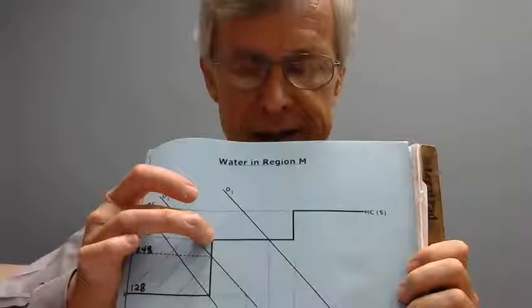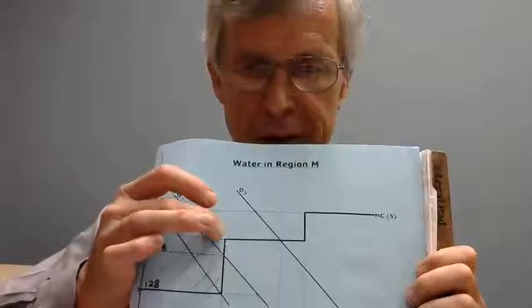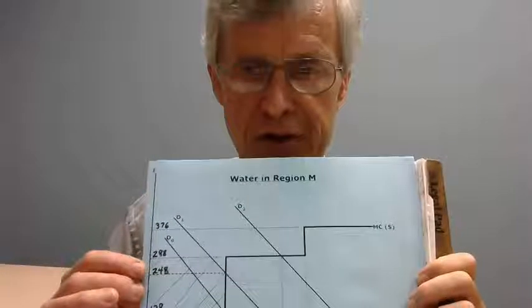Right there where the kink is, where it goes from vertical to horizontal, okay, on the marginal cost line. Okay, so we're going to put this down and move on to other things. We're going to talk about